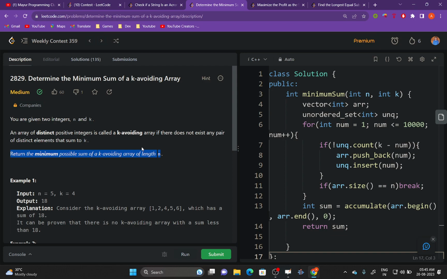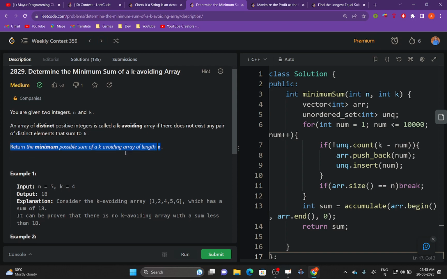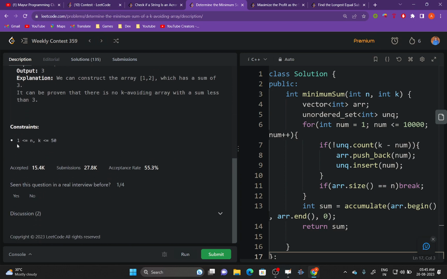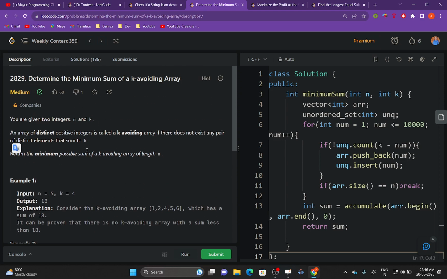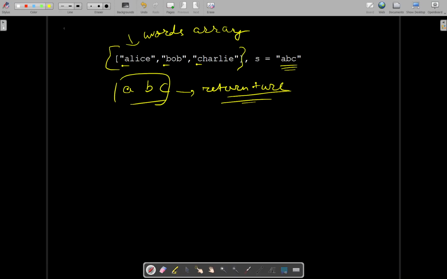So it is understood that to get the minimum sum, you have to take the minimum of the numbers. And let's have a look at the constraints. So constraints here are also pretty low. N and k are both of order 50. So what we will do is, to minimize the sum of the k avoiding array,